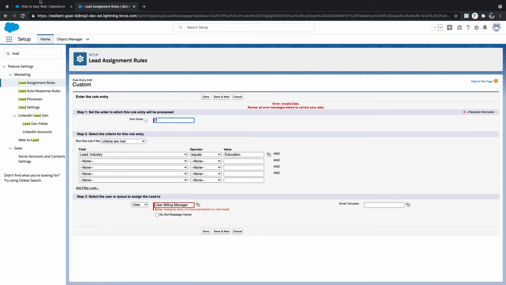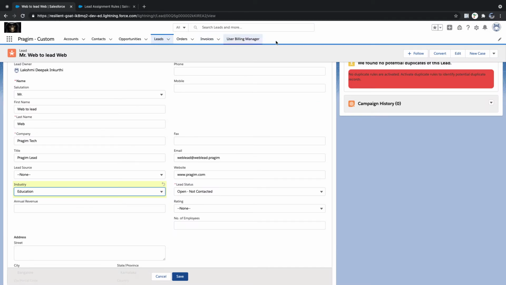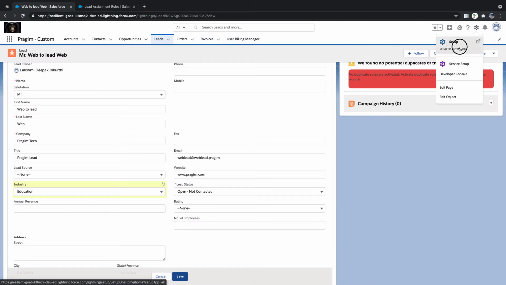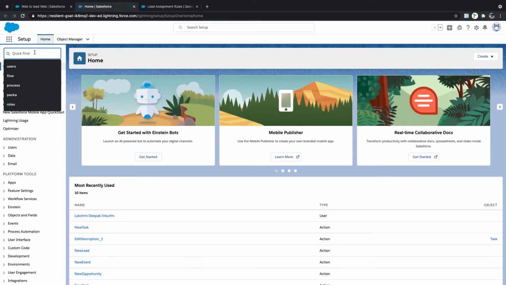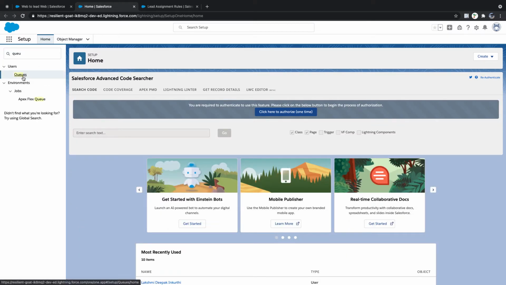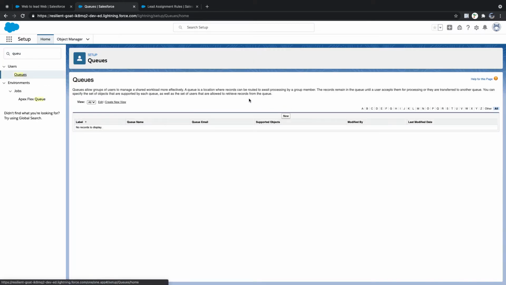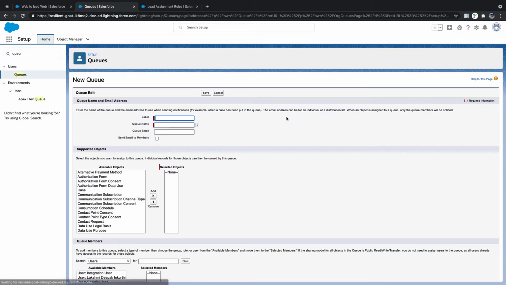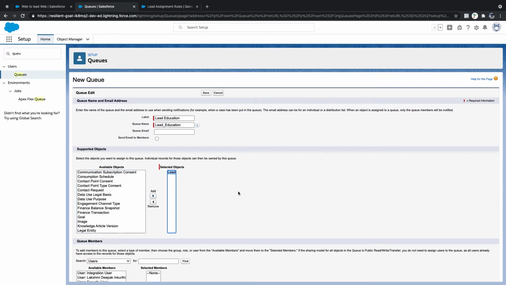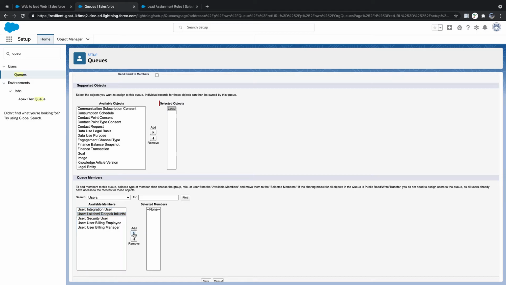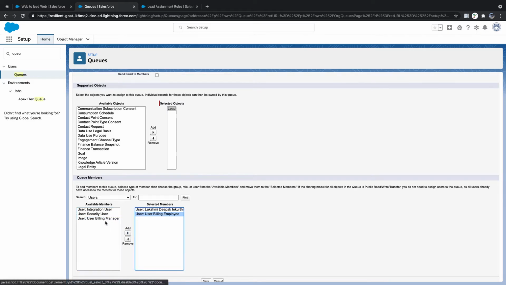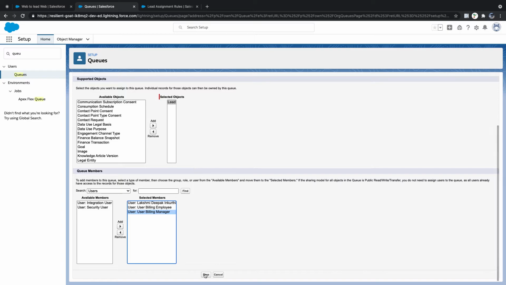It says the assignee does not have permission to view leads. So the interesting factor is that he doesn't have permission, might be a platform license. So what we can do, we can create queues. We have a concept called queues. Lead education is a queue name, and I'll enable it for which object? Available for the lead object. Assign users, I'll say save,